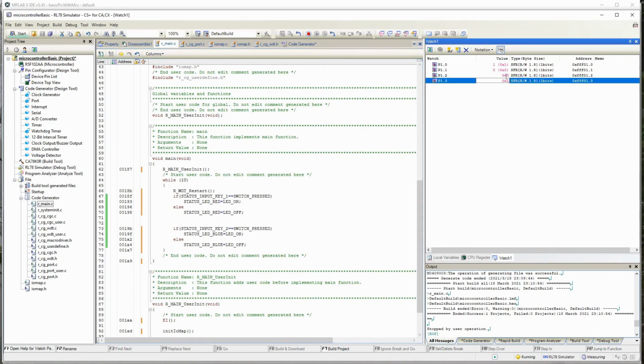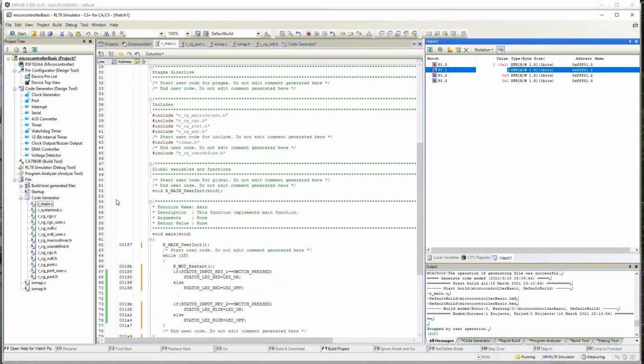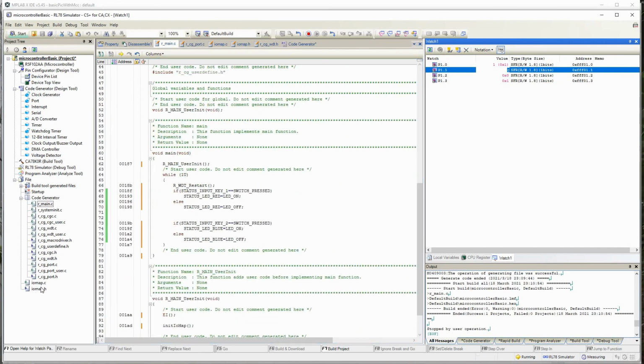seems to be okay. And then let me go to main, input key switch is equal to pressed. For some reason this is not setting to 1, but here I can set it to 0. If I set it to 0, you see this has become 1. Switch is pressed. If I remove the switch, logic 1 is switch is not pressed, and it is changing to 0. So now your code is working. Now we have only done iomap.c and iomap.h.